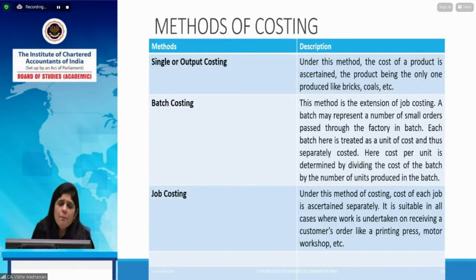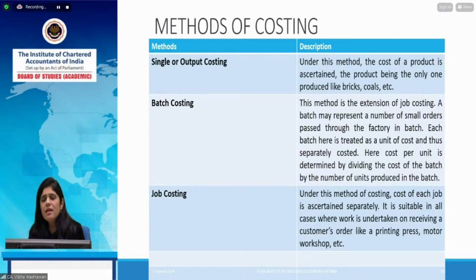All right, methods of costing, again हमने कहीं ना कहीं ये डिस्कस किया है, बट अब इसको प्रॉपरली मेथड ऑफ कॉस्टिंग को डिस्कस करेंगे। सिंगल और आउटपुट कॉस्टिंग। सिंगल और आउटपुट कॉस्टिंग यूज होता है जहां पे एक स्टैंडर्ड प्रोडक्ट बनता है, सेम तरह का प्रोडक्ट आप मैन्युफैक्चर करते हो, पर यूनिट के बेस पे आप चार्ज करते हो। इफ आई एम मेकिंग बाइसाइकिल, तो पर यूनिट ऑफ बाइसाइकिल मेरा सिंगल कॉस्टिंग यूज होगी।